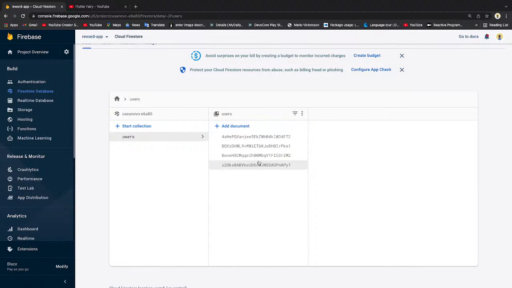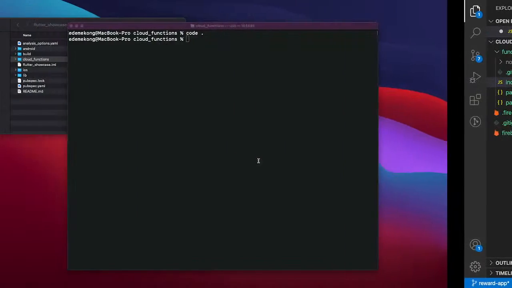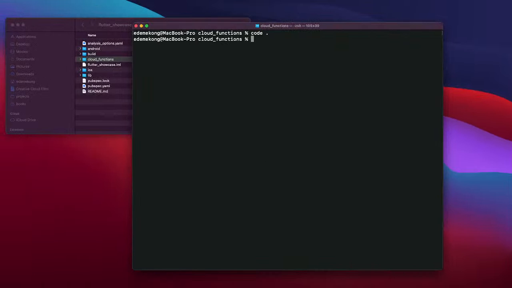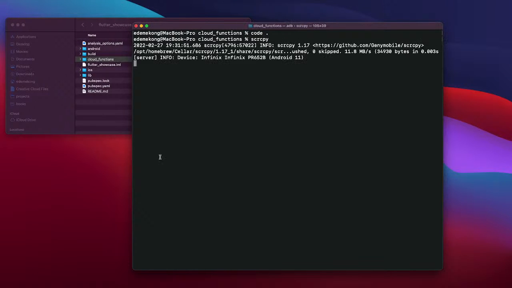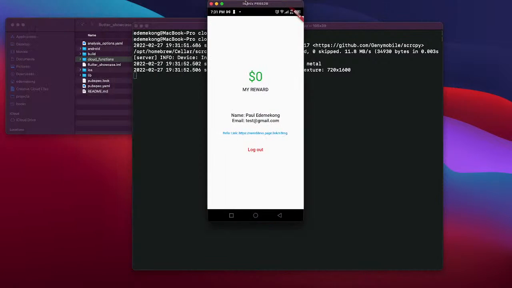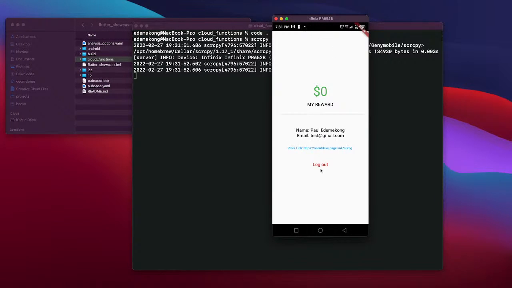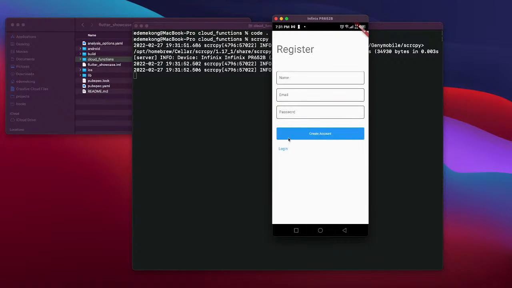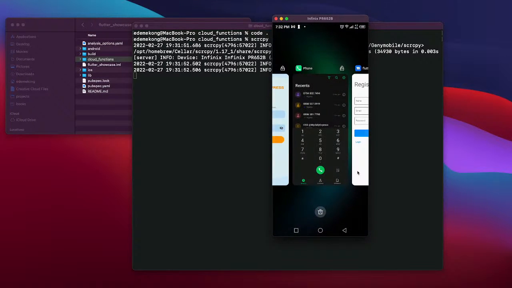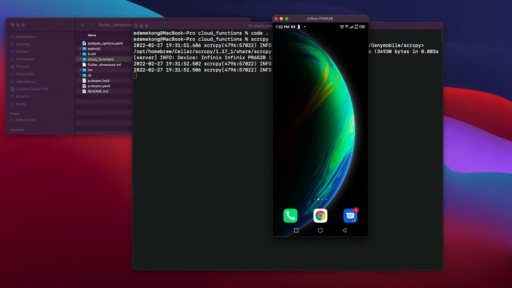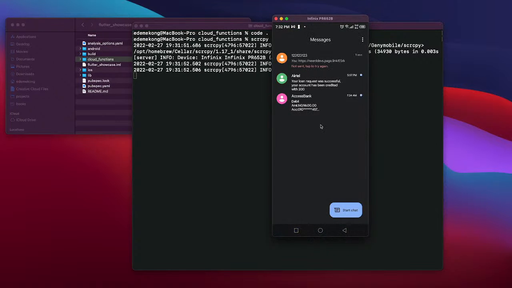Whenever a user creates an account, just through this process, I'll just try to open the emulator again, screen copy, and I'll just drag it to the second screen here. So I'll just log out this user, and whenever a user clicks on a link like this,